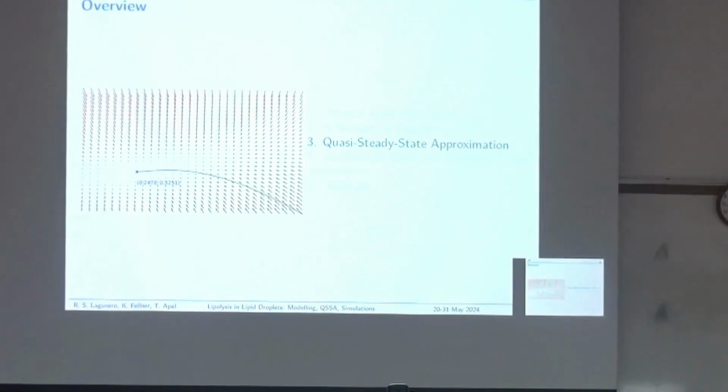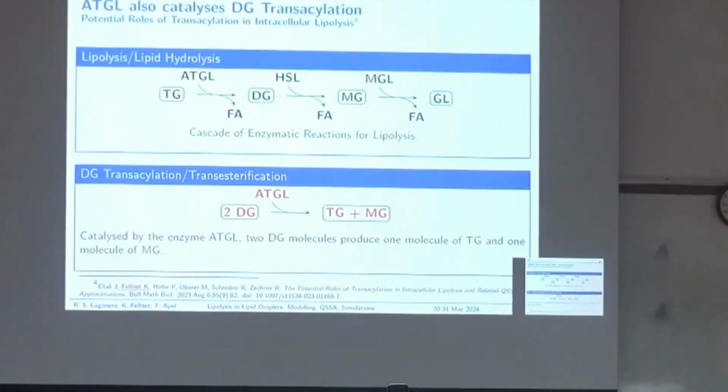Mostly the Michaelis-Menten reaction term works with single substrate, single enzyme reactions. However, what we have here are 3 enzymes and 3 substrates. And not just that, we also have a so-called transesterification or transacylation of